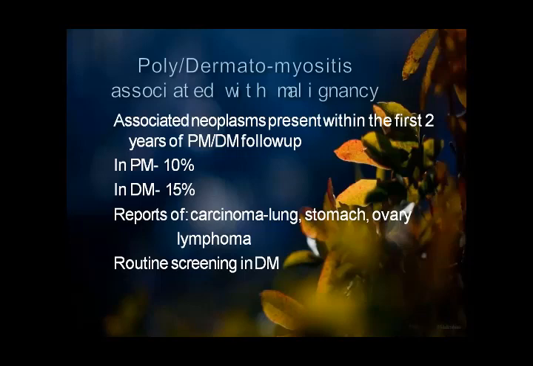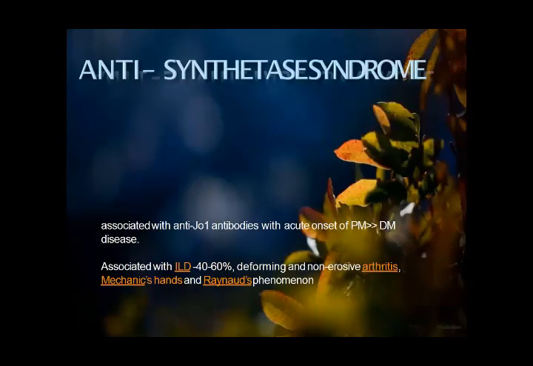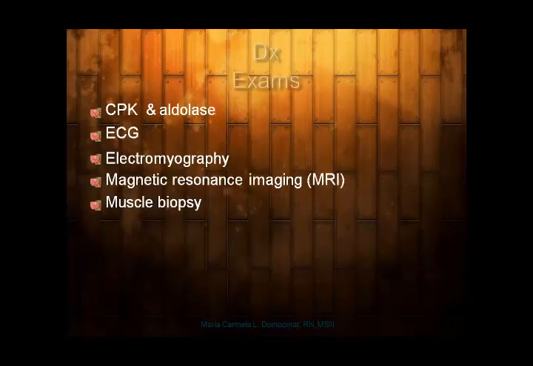So again, you have to investigate and look for the underlying cause, and these patients can be put on steroids and immune modulating drugs like methotrexate as a therapy. At the same time, investigate for the underlying malignancy, especially of the stomach, ovary, and other